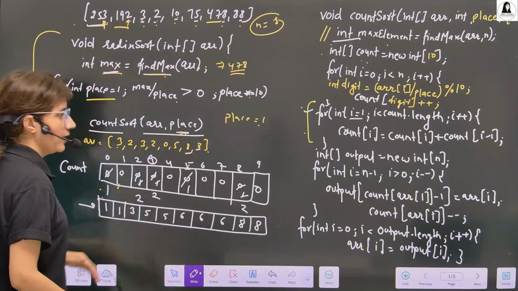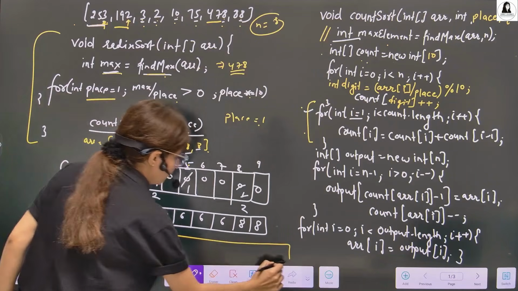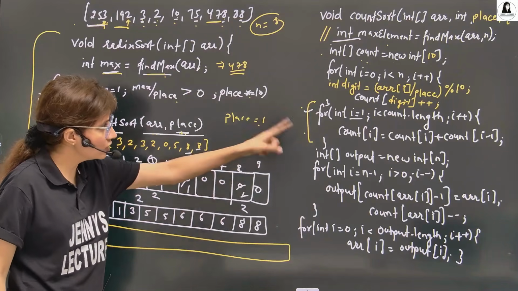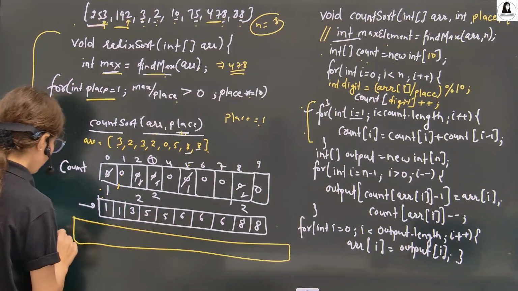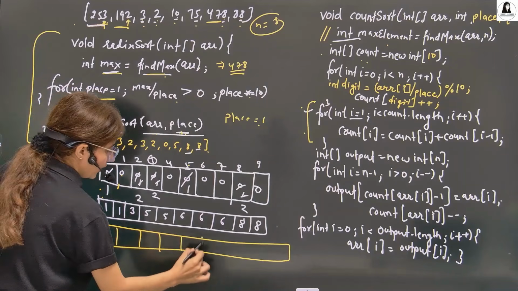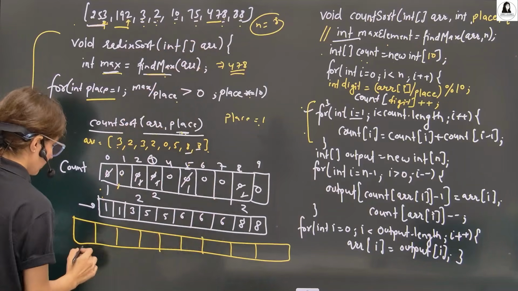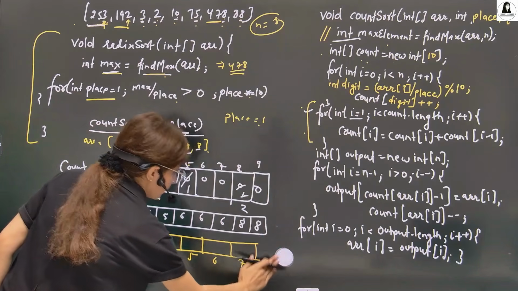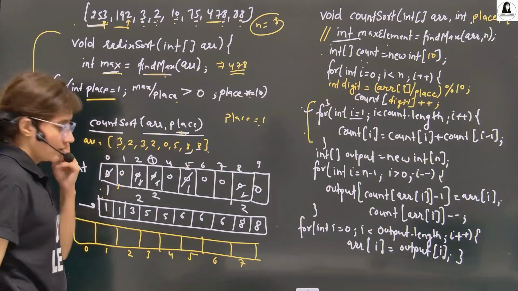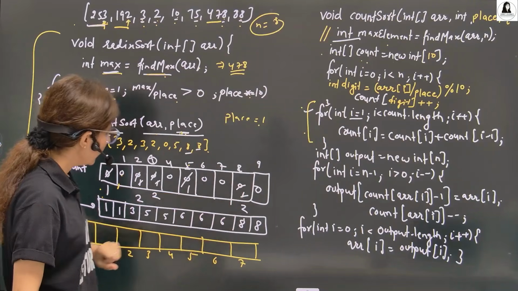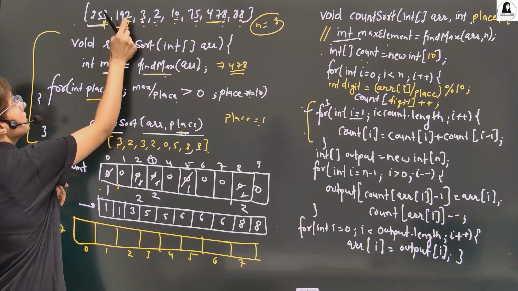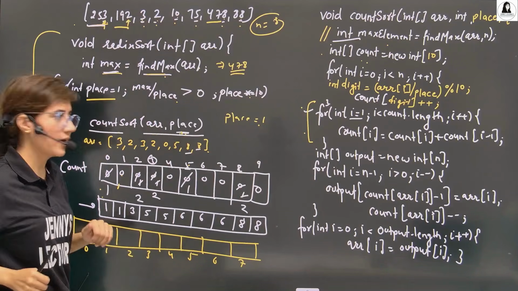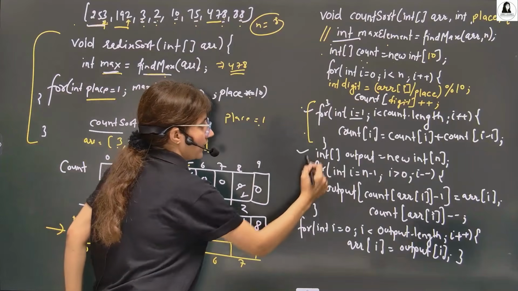Next, now we take an output array. Okay, we take a separate output array, we know. See, this is what count sort is. We have already discussed these steps. Only the change I'm just telling you step by step. So same, we have taken a count array, sorry, output array. Output array size is the same as this array size, that is 8. Now, what we do in this output array? Sorting based on this digit, we store these values here. Then we copy these values back to the original array. Two steps are still left. So we have taken the output array.